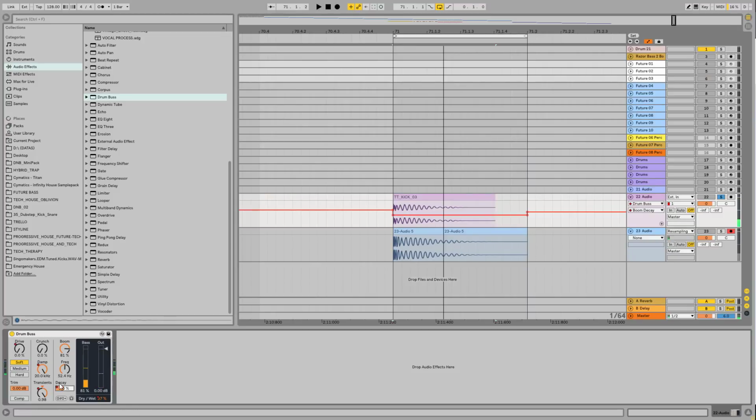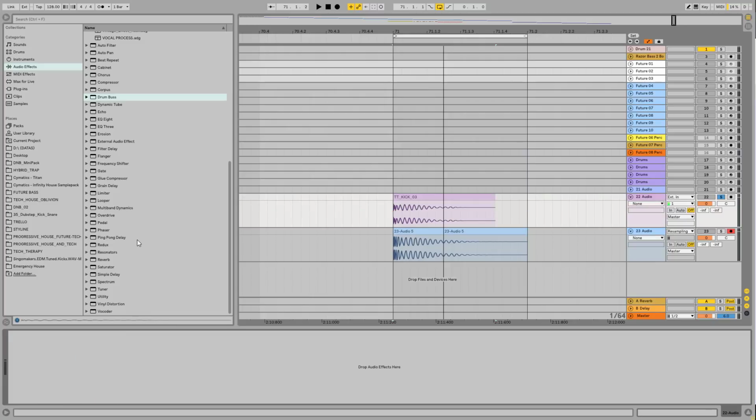So as you can see, I can set the length of the tail, which is very handy because you don't want to generate a bass sound with the kick drum. You just want to have some beef, some extra low end on the kick drum, and this device is just crazy good for that. So the second thing that I love in Ableton Live 10 is the Utility tool,